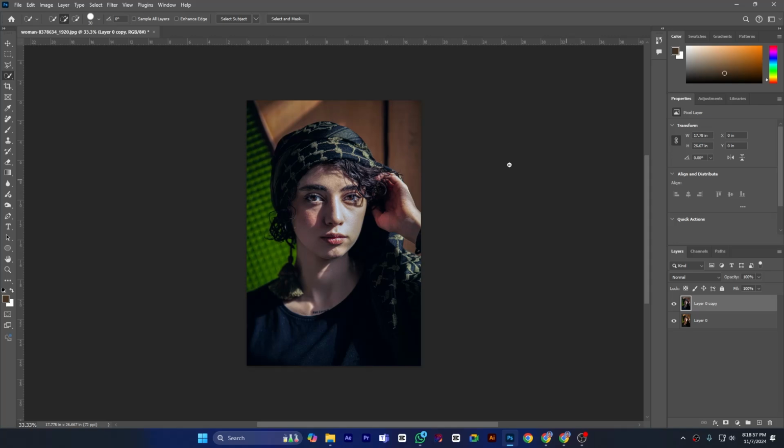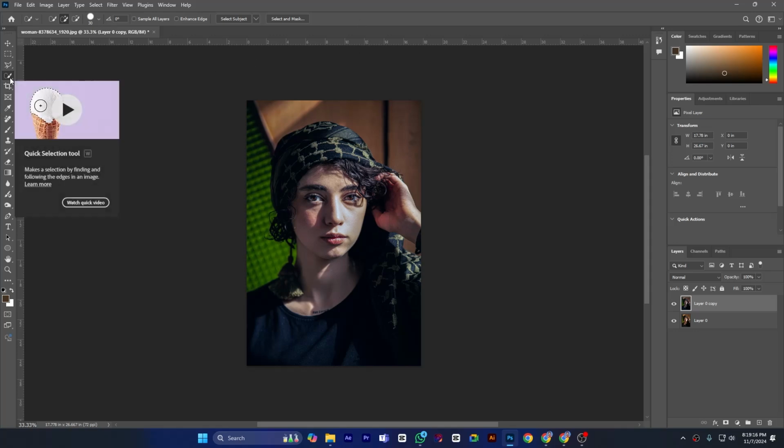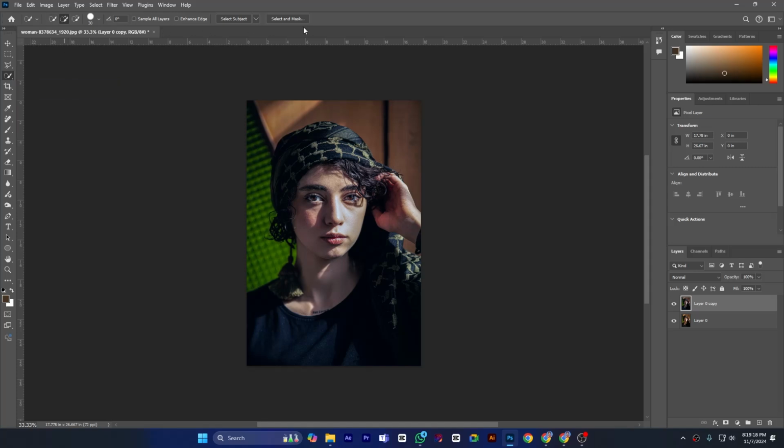Today I will show you how the quick selection tool works. Actually, it is a selection tool, the quick selection tool. The shortcut is W, and after selecting this tool we will see these